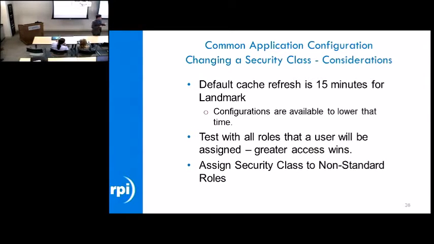Obviously the next steps, and we're kind of out of time, but the next steps are you got to go make a copy of your role, remove the security class, the underscore ST security class from that role, and then replace it with this underscore test role. Like I said earlier, the default cache refresh is 15 minutes for security. It's really a pain when you're trying to test things. You can change it. Change the cache refresh down to 2 minutes. You only want to do that on your test environment